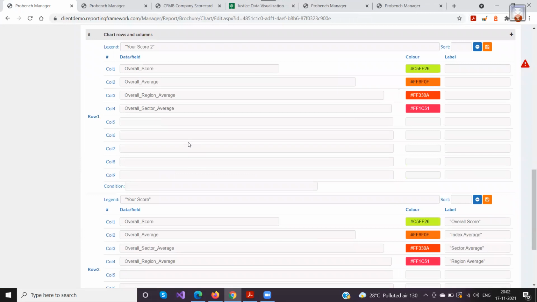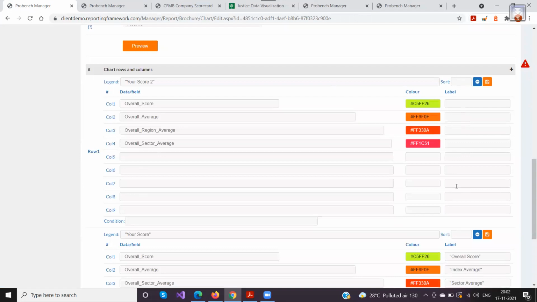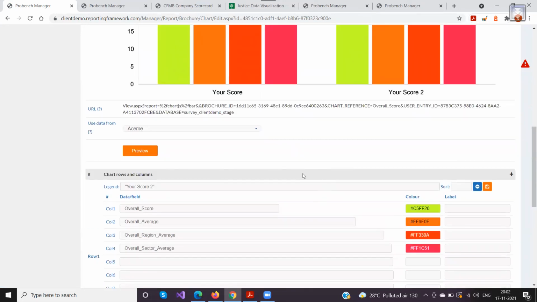You can give the sorting orders on how you want your score in the first and your score in the second. You can do it from the sorting option here. If you want to delete, you can delete that particular row from here. All those things are possible.